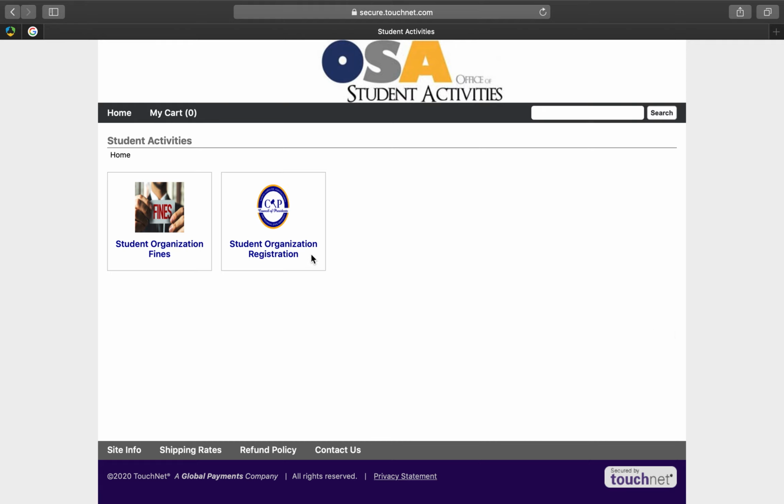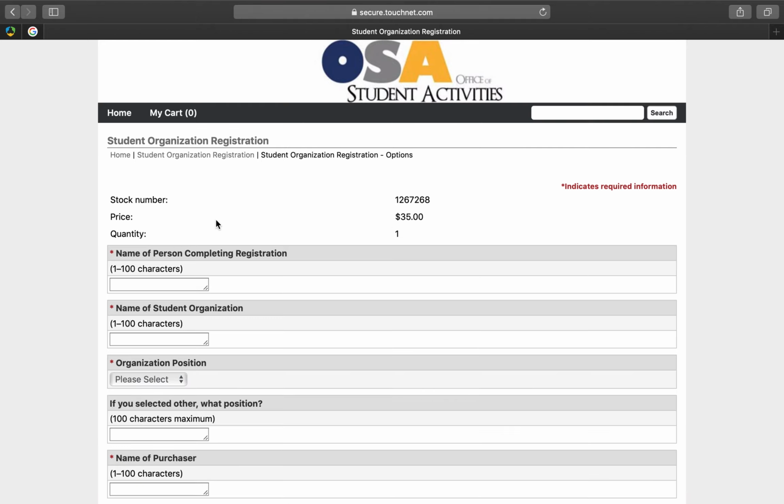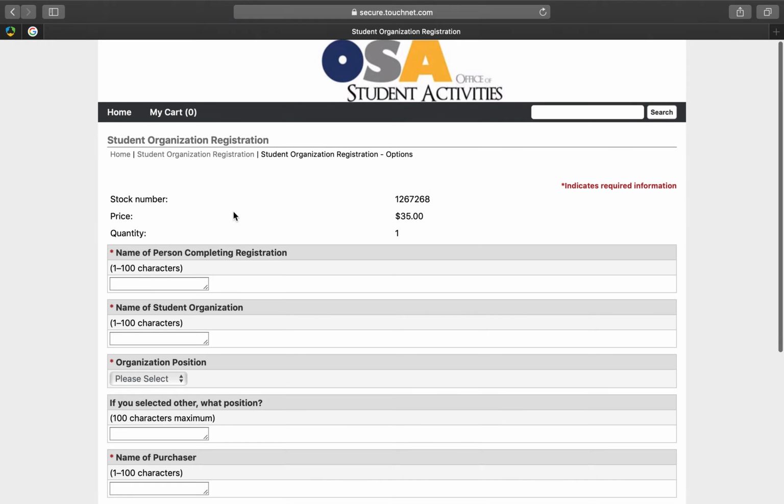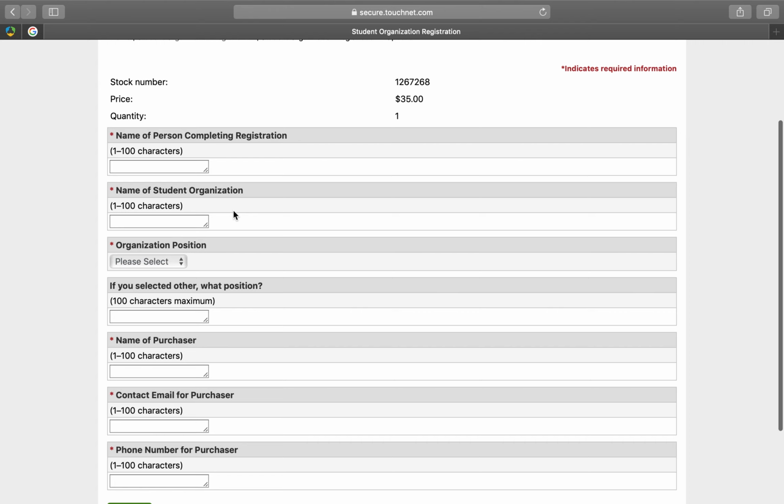You will see the boxes labeled Student Organization Registration. You will click it. You will add the current registration fee to your cart. You will fill out the required information: the name of the person completing registration, either the president or vice president, the name of the student organization,